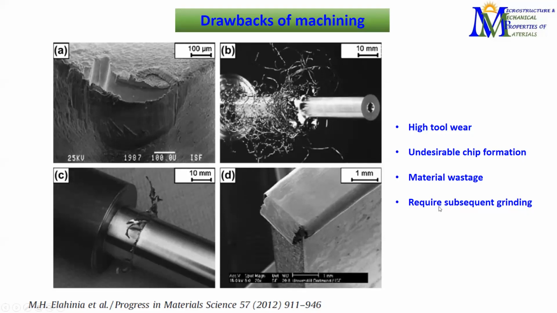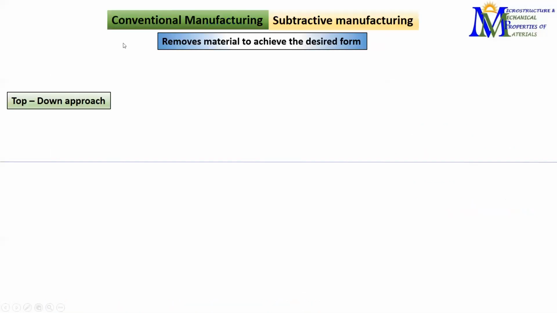And apart from machining, even on the machined samples, we sometimes need to do grinding and polishing to get a final appearance. Okay, so based on this, just to summarize the subtractive manufacturing which we use, this is basically a